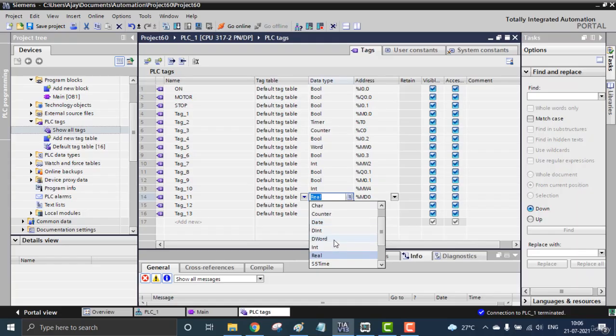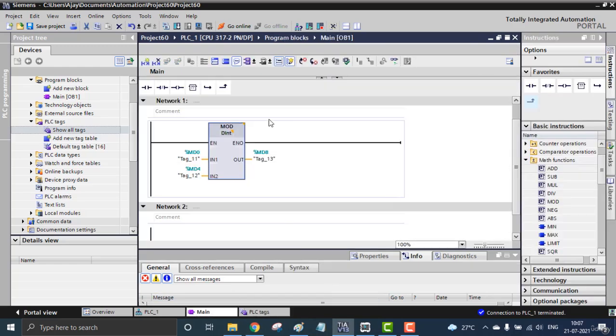See, double word and here also double word. Otherwise these tags cannot be taken because here we are using the double integer. Anyway, now the tags are in black color, that means taken.